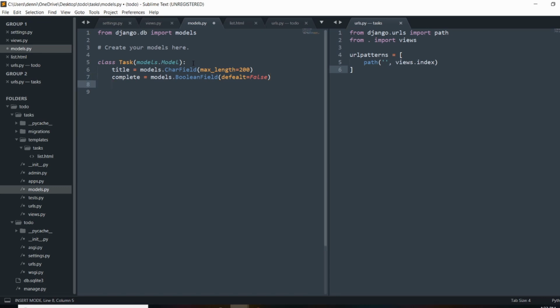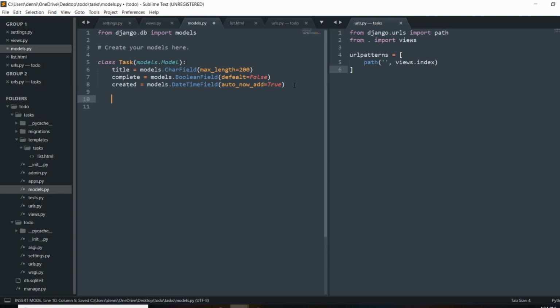Okay, and the last thing we'll do is set a created date. So created is going to be models.DateTimeField, and we just want to know when each item was created, so we want this to auto add, so it's going to be auto_now_add, and we're going to set that to true. So every time an item's created, we don't have to set this value, it's just going to be created by default,